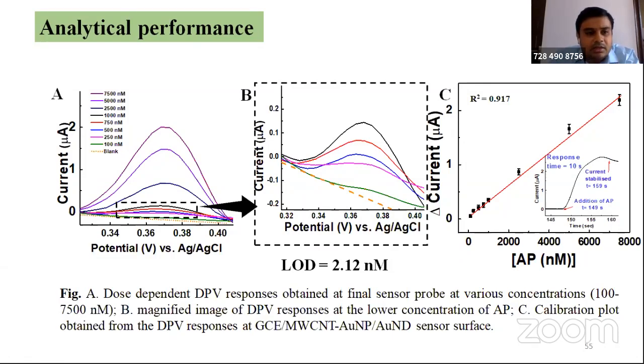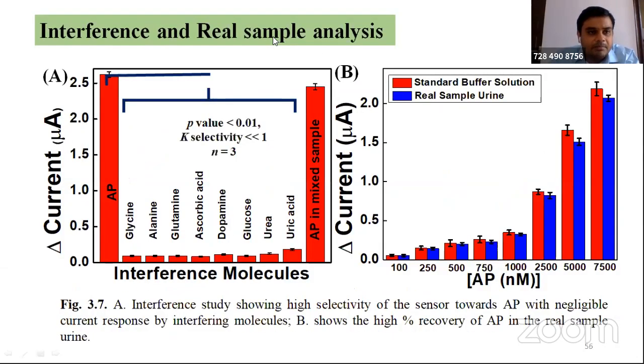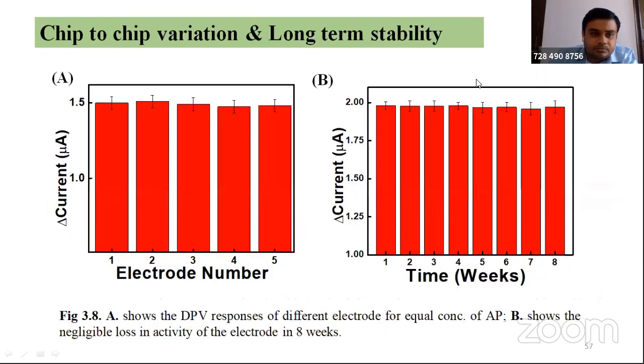What we are discussing is with reference to biosensor development. The interference in the real sample analysis has been tested in the urine sample, and it works very well, as you can see from this plot. This is the chip to chip variation. I have kept this in the slides because when you are testing the chip, you have to check multiple chips, because maybe chip number 1 is working well and chip number 2 is not. So you have to take n number of chips to confirm the final output.